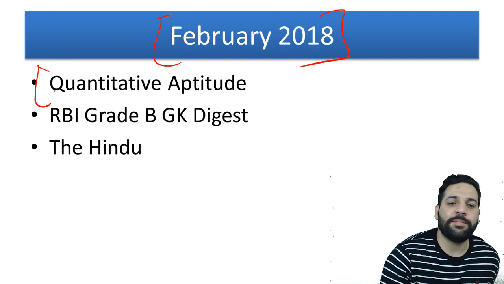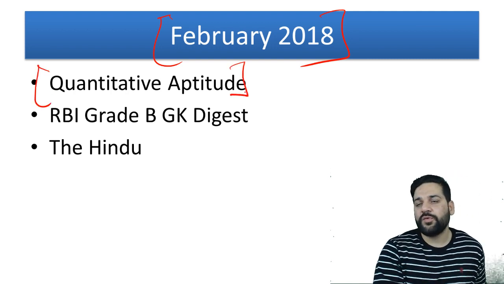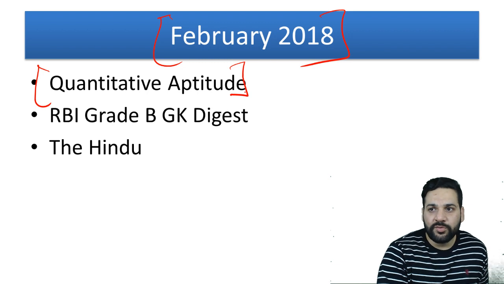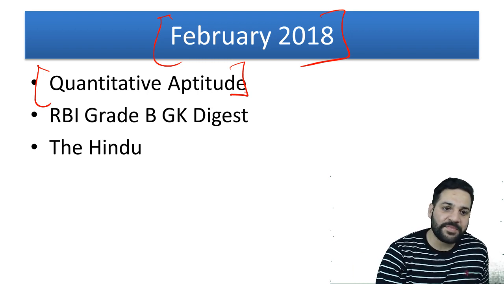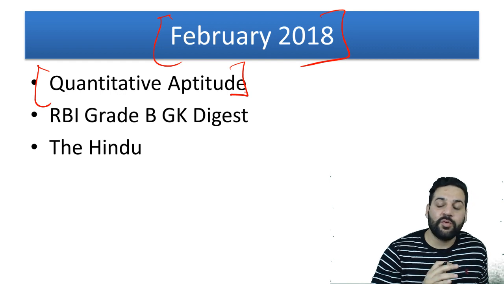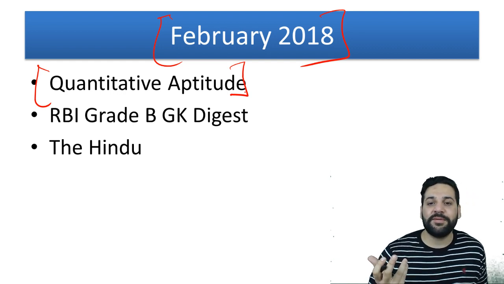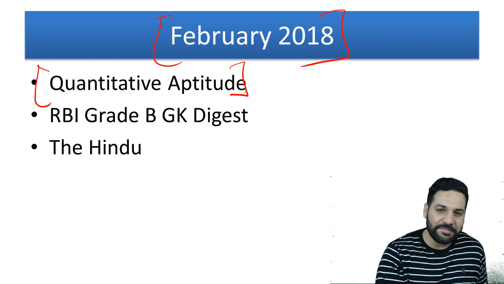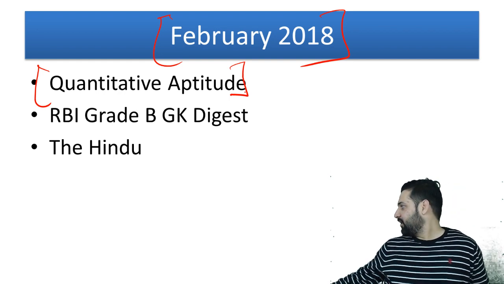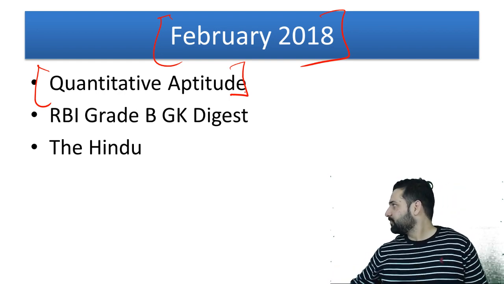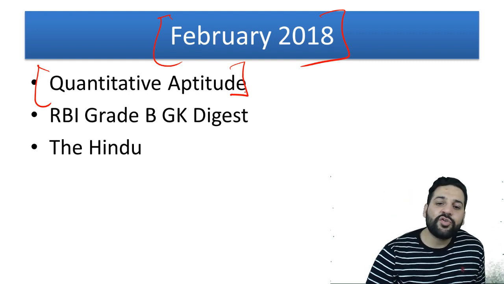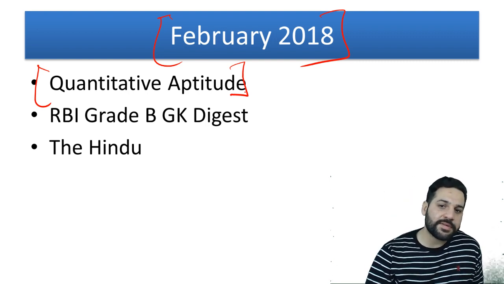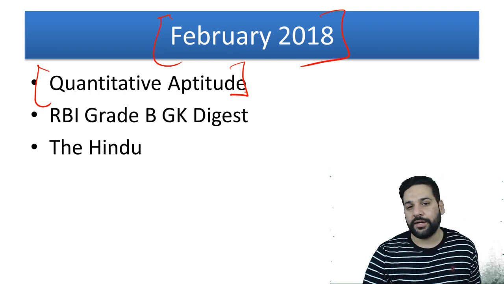Then quantitative aptitude. There are students who are good at FM, who are good at ESI, but they don't know anything about quant. And if you are not solving quantitative aptitude questions for the last 3 months, then there will be a problem. Start solving the quantitative aptitude questions. That is really, really important, right?